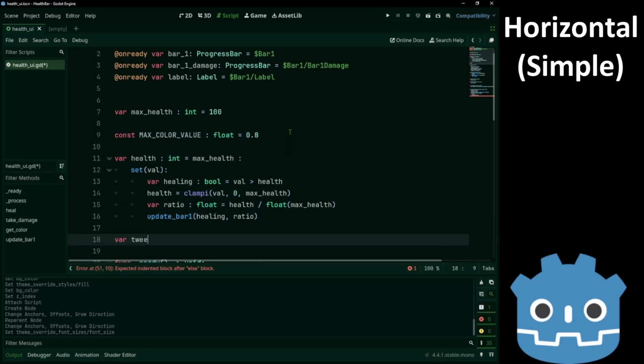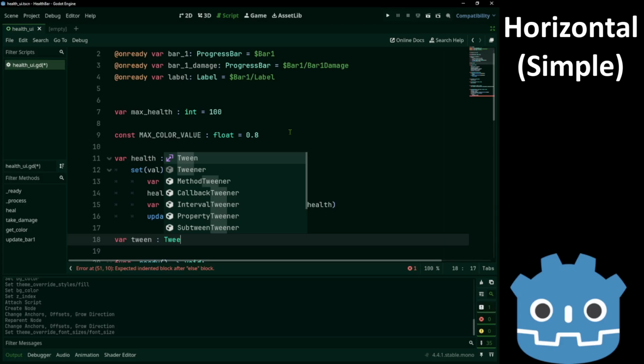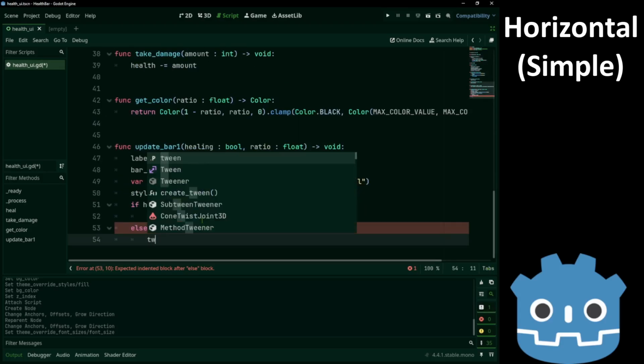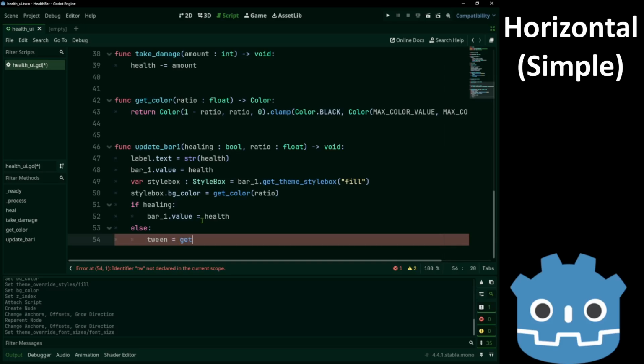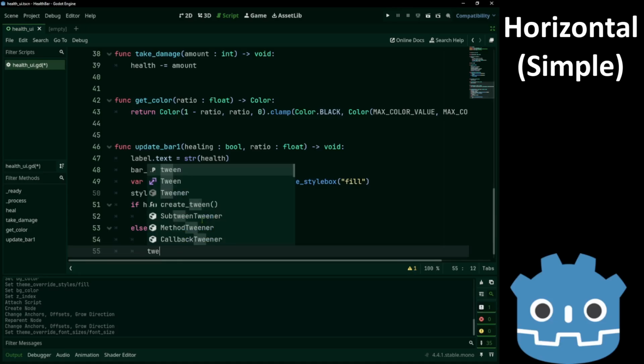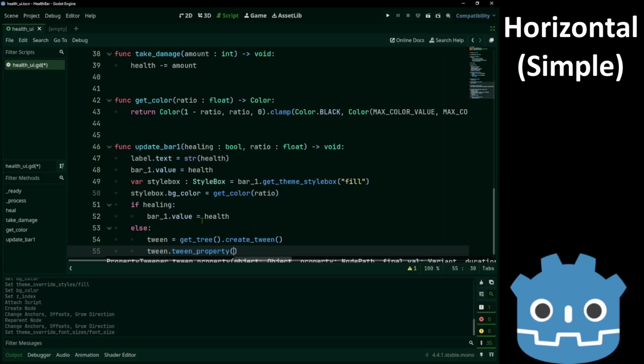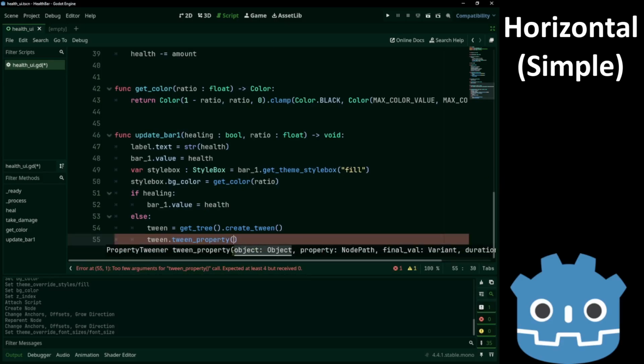So var tween is get tree dot create tween dot property. Over here we need the object bar 1 damage.